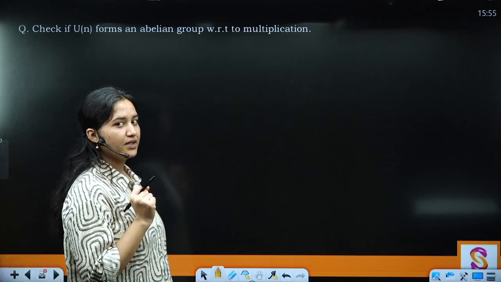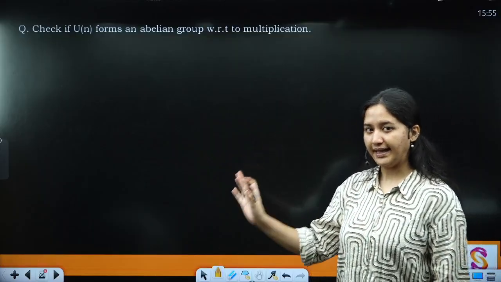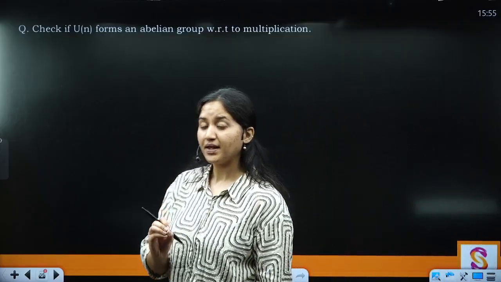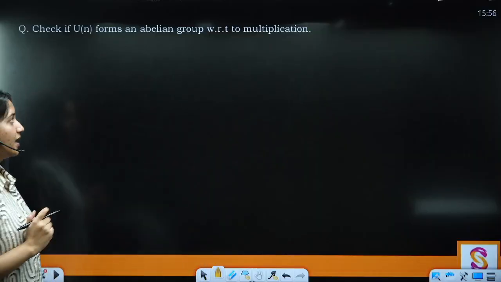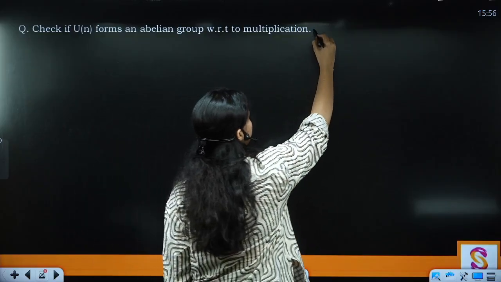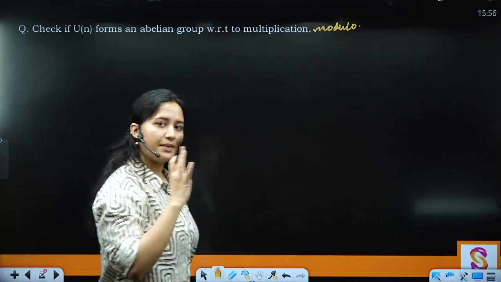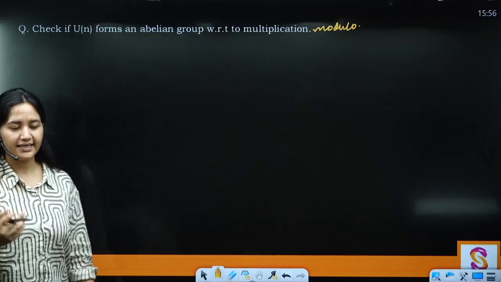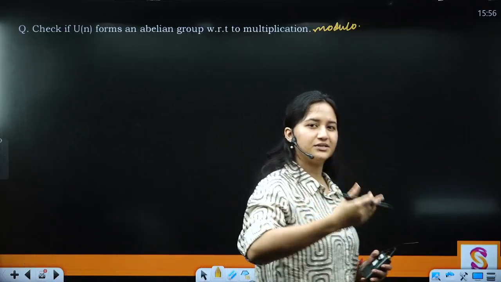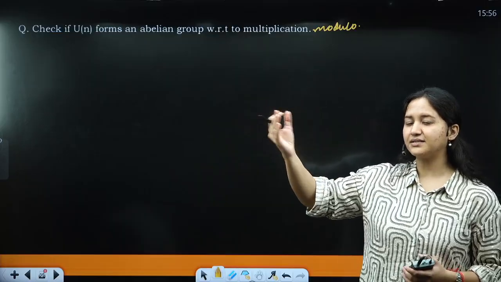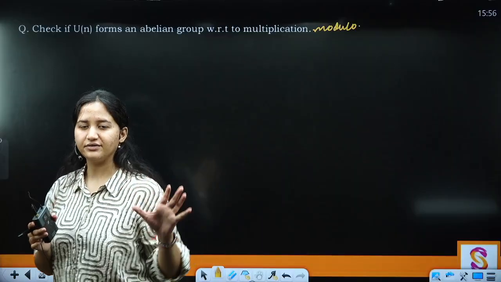Now check if UN forms an abelian group with respect to multiplication. What is UN? UN is the group of all the numbers which are co-prime to n, okay, and less than n. Also it forms a group with respect to multiplication modulo. So this is going to be multiplication modulo, right? Now if you remember, अब क्या होगा, प्रॉब्लम क्या है, that UN is not a very generalized kind of a group, है ना, उसके हर बार एलिमेंट्स डिफरेंट होते हैं. आप उनकी ये प्रिडिक्ट कर सकते हो कि किस ऑर्डर के एलिमेंट्स आएंगे and all that, but the problem is that it is a very diverse kind of a group.